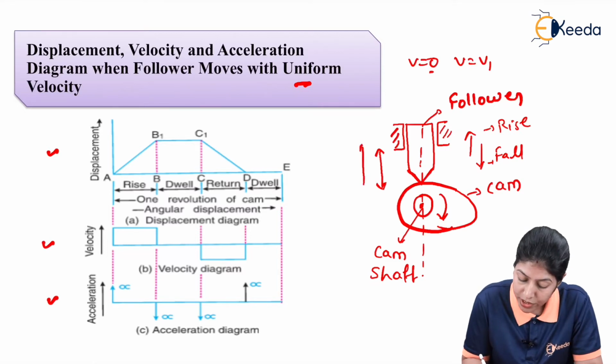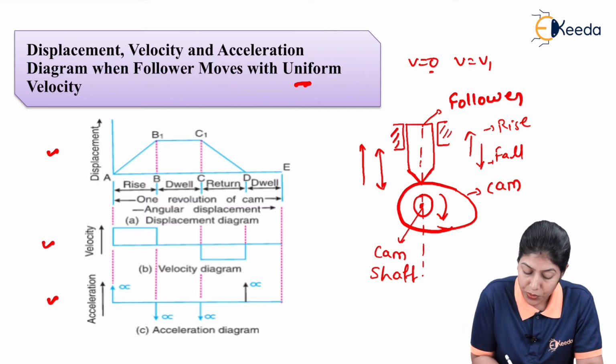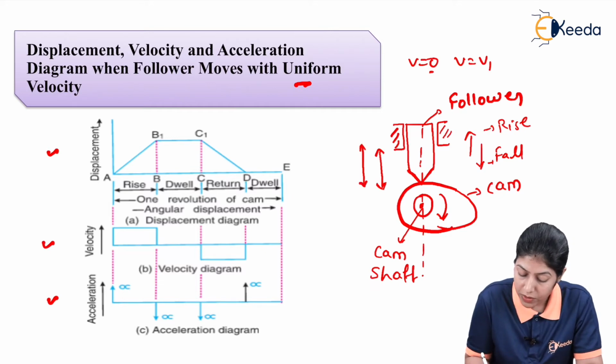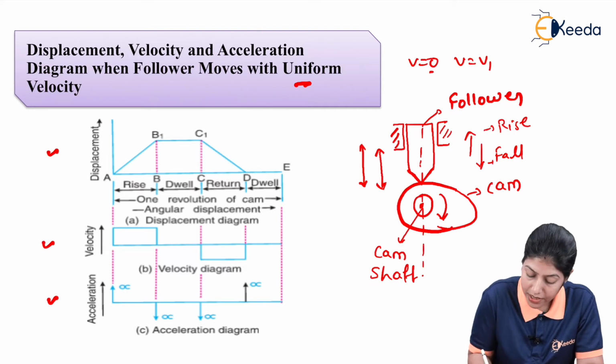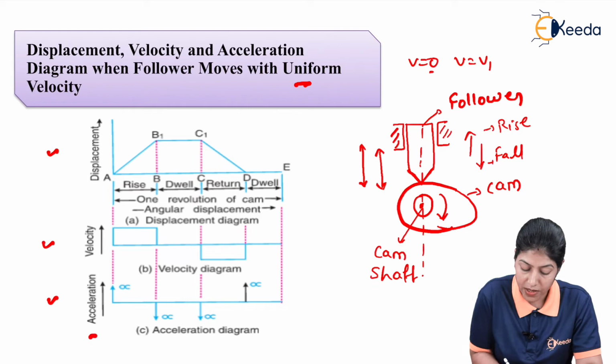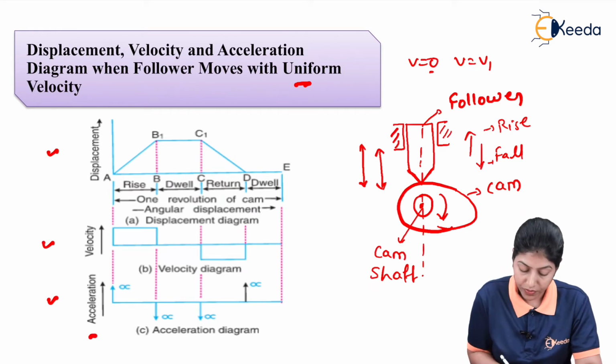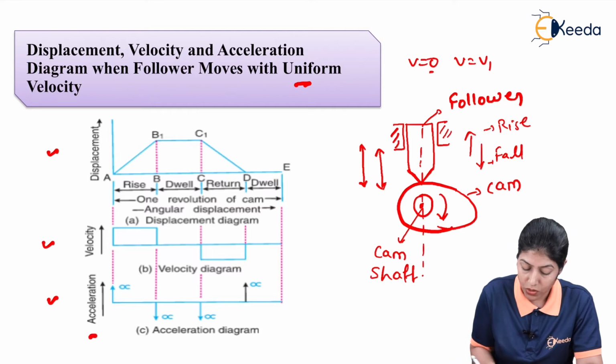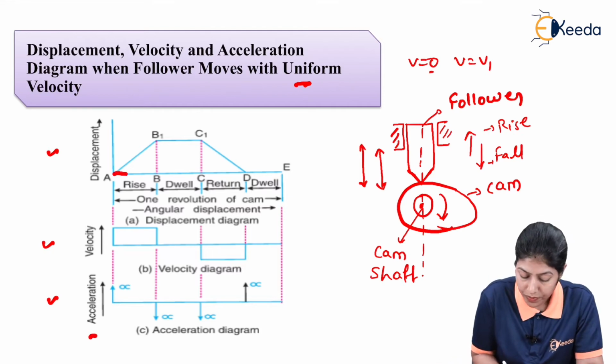So how much distance this particular follower is covering, this distance with respect to time we can define as the velocity, and the distance covered by the follower because of the rotation of the cam is considered as the displacement, and acceleration we can define as per the velocity. So first if we draw the displacement diagram, here you can see